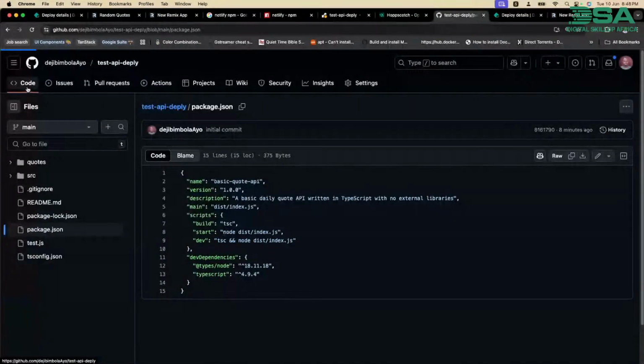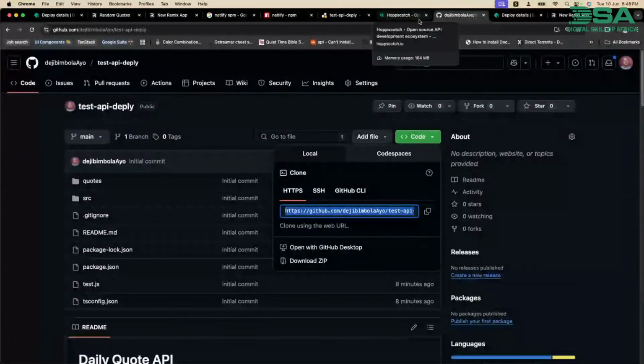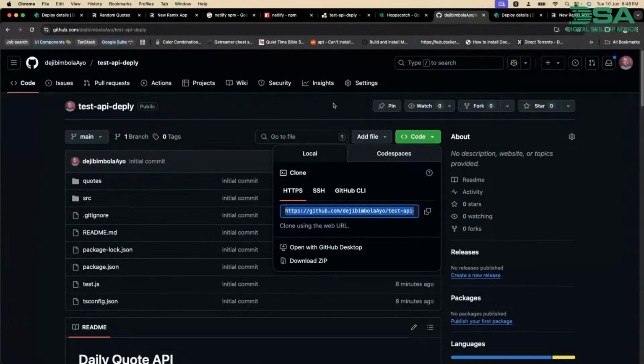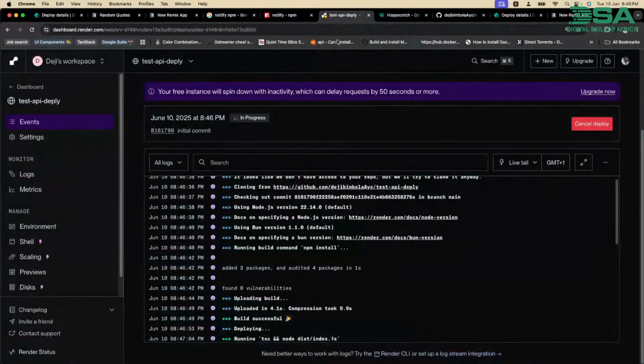Per the instruction on Render, it says that we should provide a link. So we copied the link to the public repository. Mind you, this is a public repository, which is why we're able to do that. If not, we will be limited to just using permissions on Render. So we will need to grant Render permission to our GitHub account. But since this is a public repository, we can just copy and paste the link into Render and it will have access to